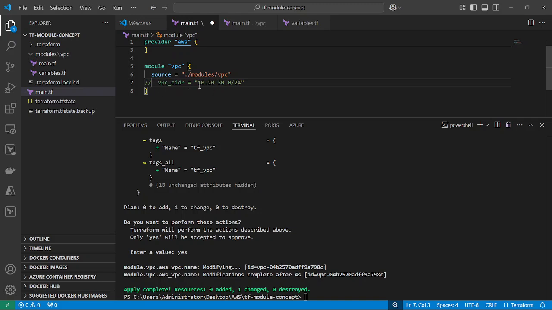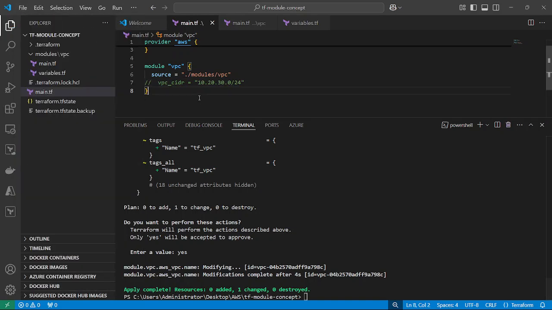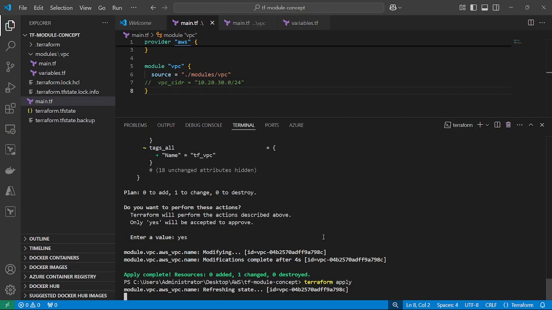It will not execute. So save, and now again apply Terraform. This time it is not going to get the value from the variable, whatever we give, but it will use the default value of the variable. The default value we gave 10, 10, 10, 10, and